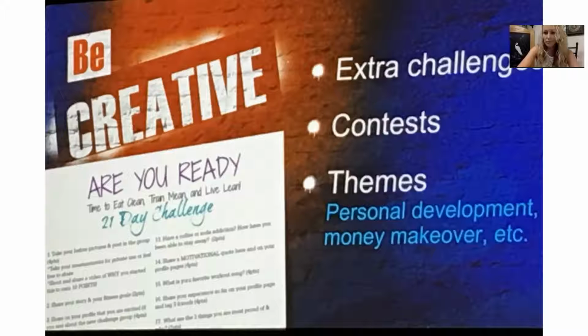Themes are awesome for different seasons of the year and different holidays we have going on. Say if you're just starting out there in July, you could do a Christmas in July one. You could do a personal development one. Lindsay Matway did one called My Best Self Challenge.